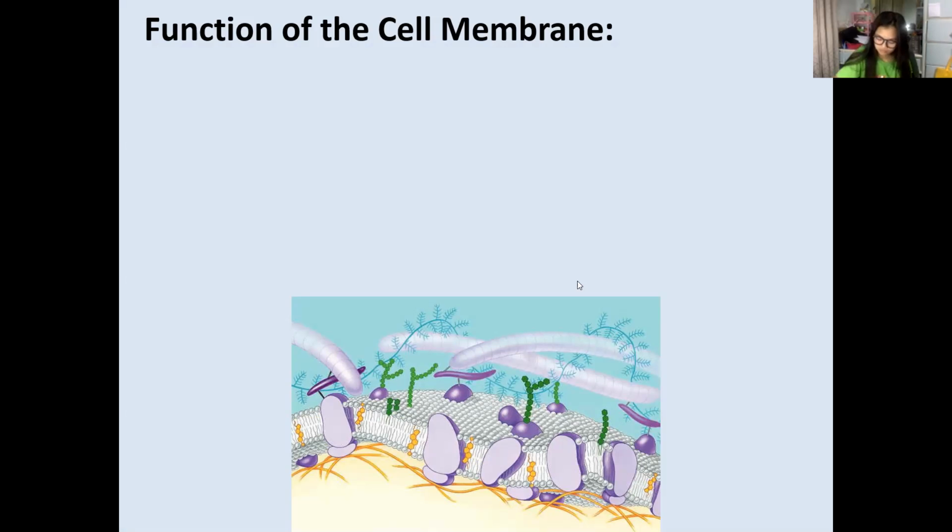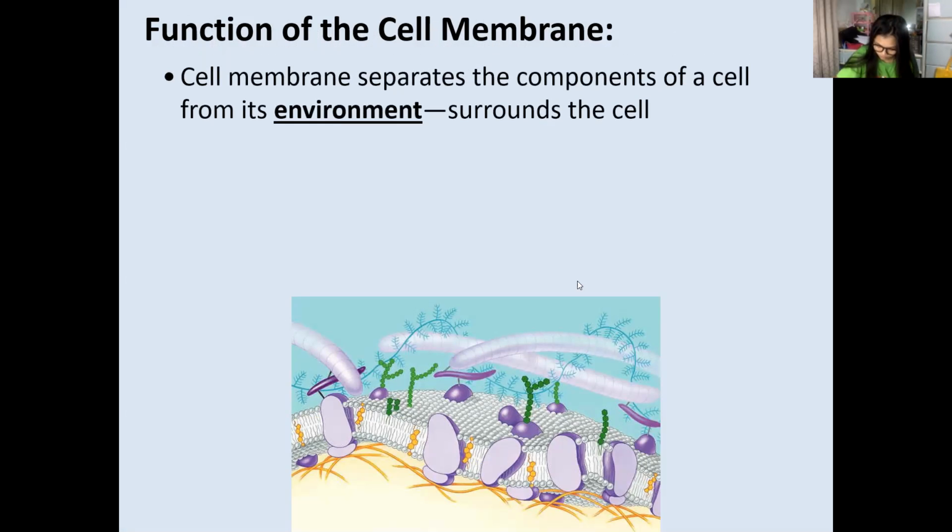The first function of the cell membrane, class, is to simply separate the components of your cytosol, or cytoplasm, from the interstitial fluid. The interstitial fluid is the liquid located outside of the cell. The spelling is this one, interstitial fluid. We will discuss more of the interstitial fluid when we discuss the lymphatic system.